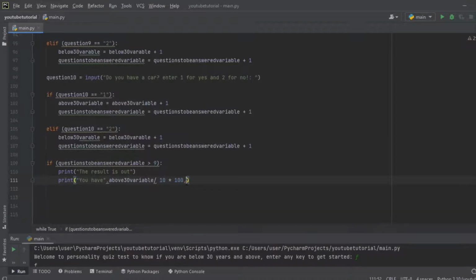Then we now come and write comma. When we write comma here, we now write percentage. You will see how wonderful it looks here: "percentage of chance of being above 30 years old",